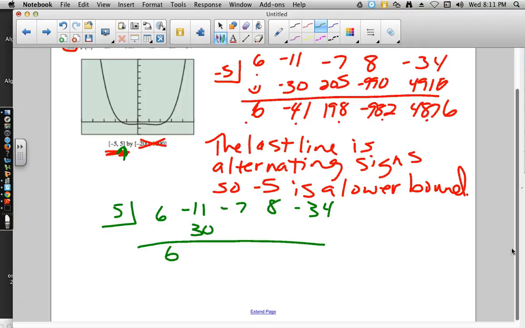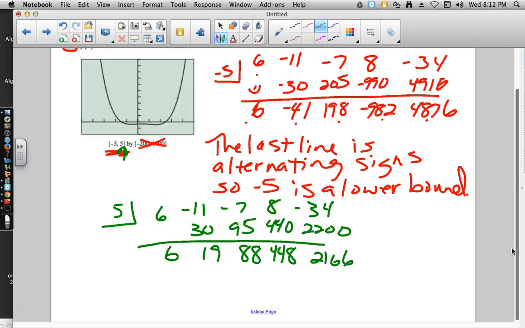Negative 11 plus 30 is going to give us 19. 19 times 5 will give us 95. Negative 7 plus 95 is 88. 88 times 5 is 440. Add 8 to it, you get 448. 448 times 5 is 2,200, and negative 34 plus 2,200 is